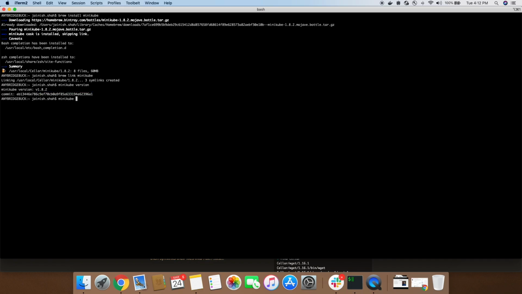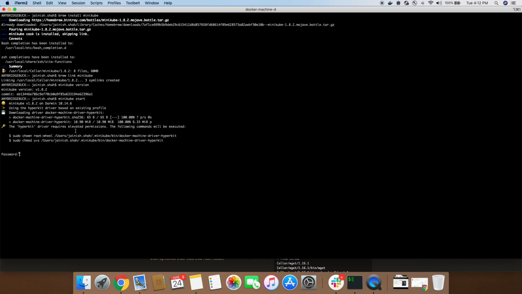So let's start Minikube. The command to do that is minikube start. As a virtual driver, it will download the Docker machine hyperkit, and it will ask you for permission. Okay, now it's starting the ISO file, which is kind of the virtual OS for the virtual machine for Minikube,